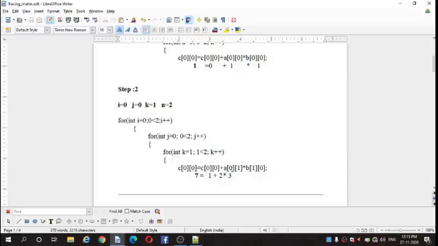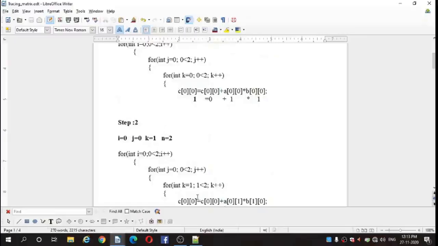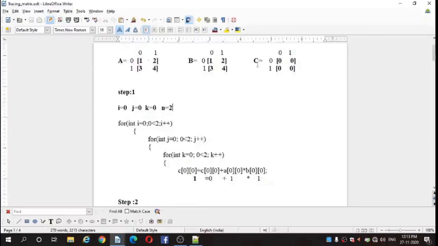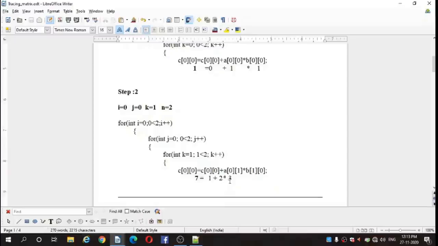A of 0,1, we have element 2. C of 0,0, we have the element from the earlier stage, that is 1. So write here 1 plus 2 into B of 1,0, we have element 2. Then 2 threes are 6, 6 plus 1, 7.